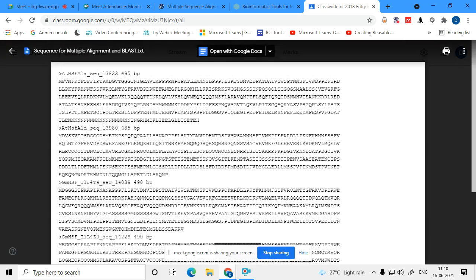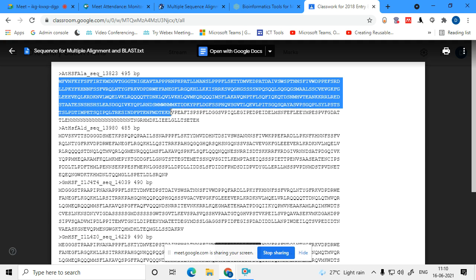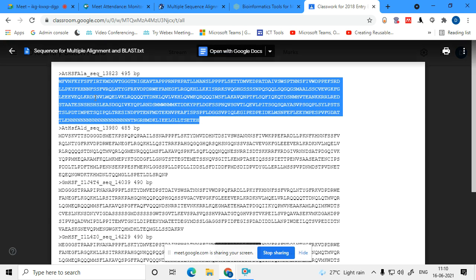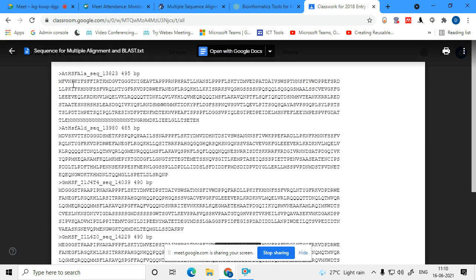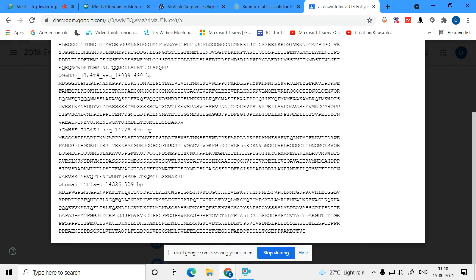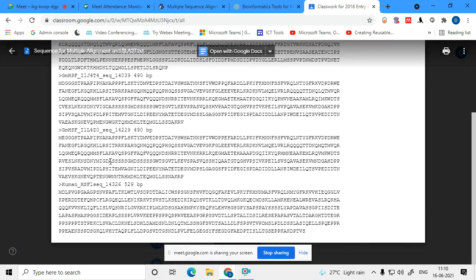In this sequence, you see a greater than sign followed by a name, then all the amino acid sequence written like this. This is known as a FASTA format. I have placed all the sequences in FASTA format one by one.